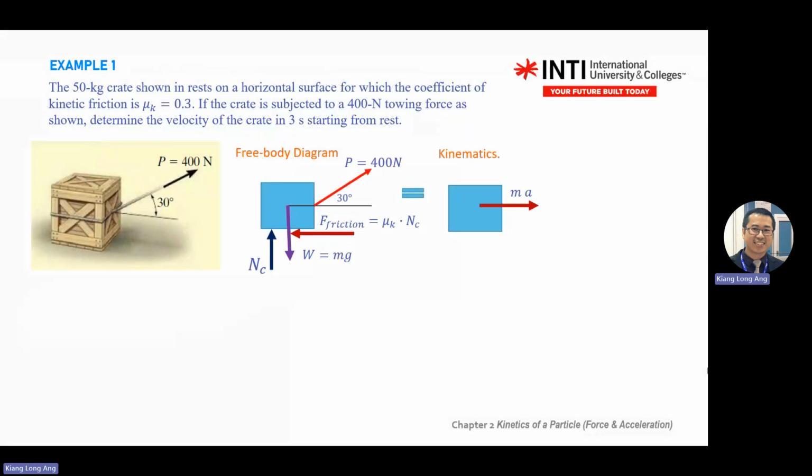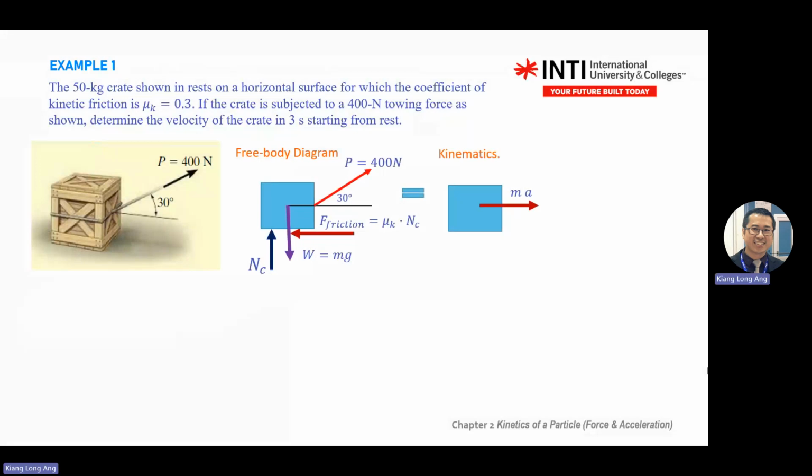So you write an arrow moving to the right, and then you write MA. The combination of mass and vector A will give you force. So F equals MA, or MA equals force. Once you have the diagram ready,